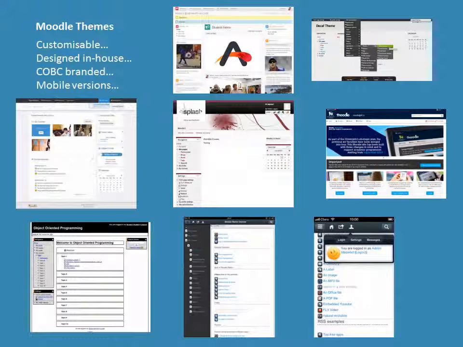There's also mobile versions that are built specifically for iPads and smartphones so that you get the best handling of content on those systems. And also they've got ones that are more compatible for people who've got visual and learning difficulties, so that they can have large text sizes, different types of font, or different mixtures of colour if they have problems with colour blindness, etc.